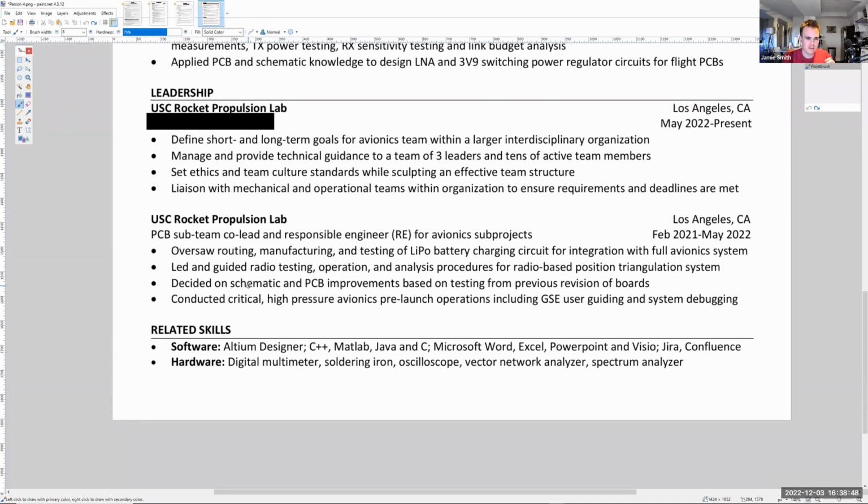Conducted critical high pressure avionics launch, pre-launch operations. Yeah, this is a little bit on the vague side, like GSE user guiding. I think you meant to say teaching GSE users, but I might split this into 2 bullets. As avionics lead, created procedures for using the avionics unit and setting up GSE, and then also do this something like